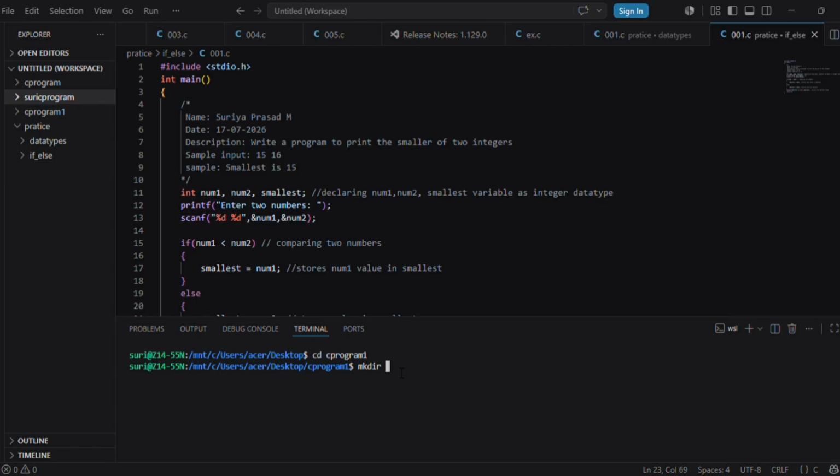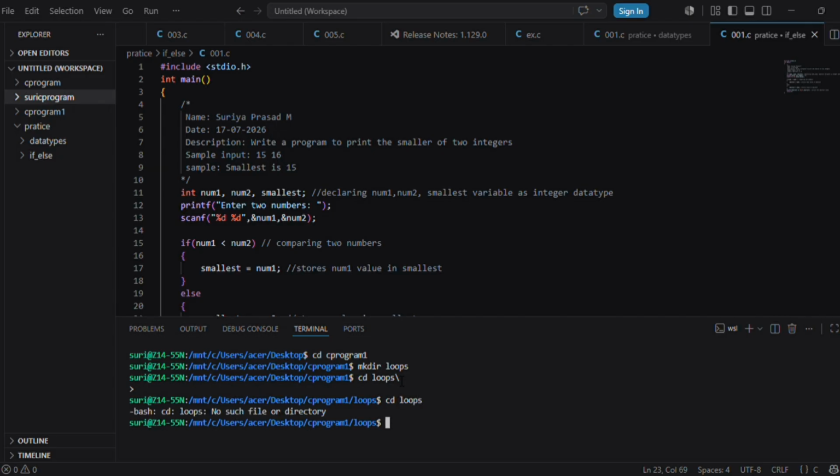Okay, for the for loop, I am going to create a directory, loops. cd loops. Now I'm inside loops.